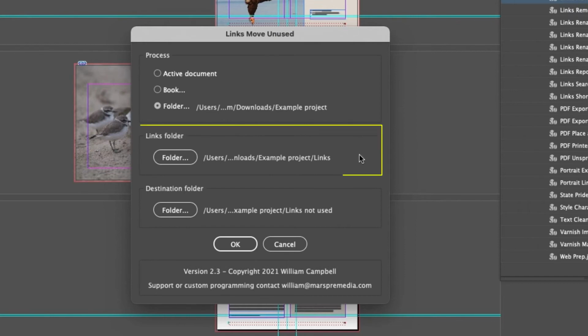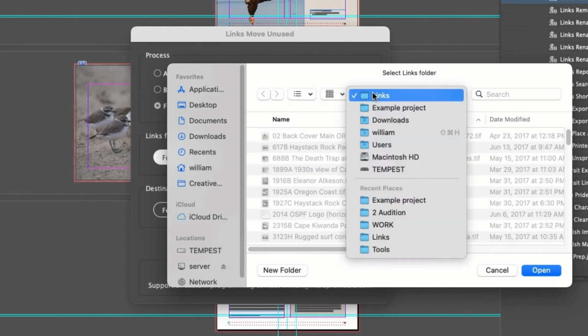The second section of the interface is the location of the links folder. This defaults to a folder named Links in the same folder as the document, or in the selected folder. This is typical, but for some reason, you might have the links folder elsewhere. If so, use the folder button to select the location.